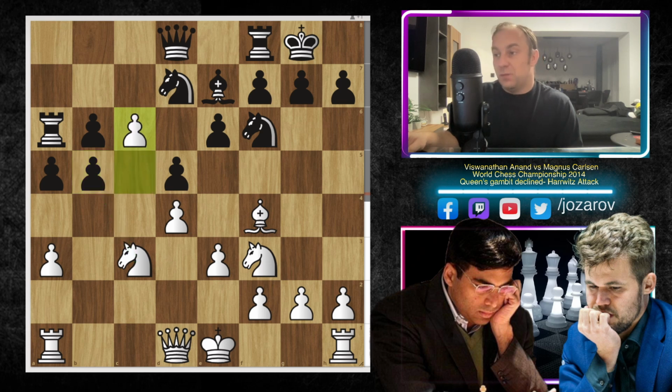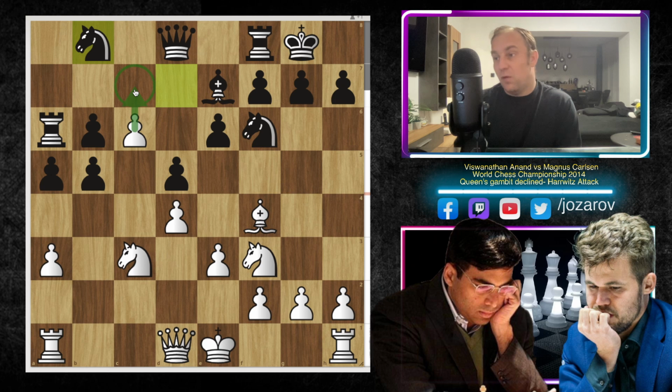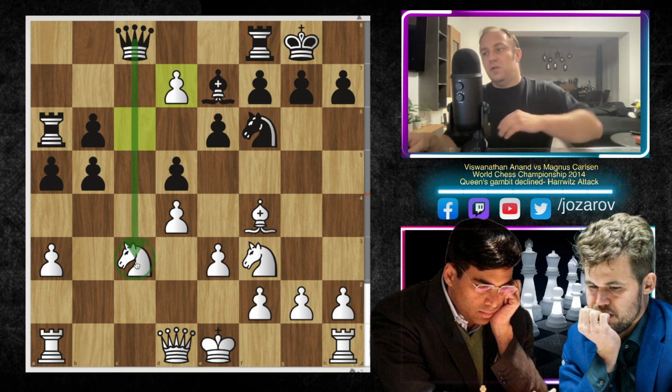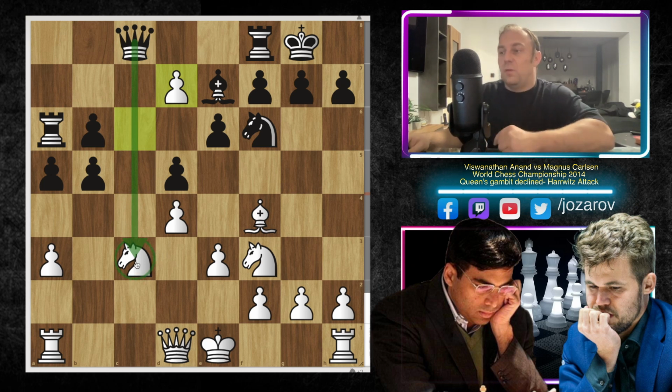We want to play this move c6, a very important move. Now the knight has to move. Of course, first of all, queen to c8 was played by Magnus Carlsen, because if you play knight to b8, then c7, you get the fork, and then it's simply game over. That's why, with queen to c8, you don't want to take, because then queen to c3 is happening. You gained nothing here from white's perspective.